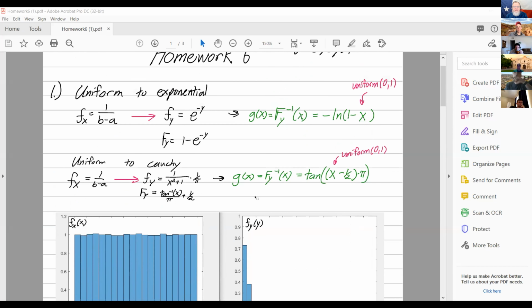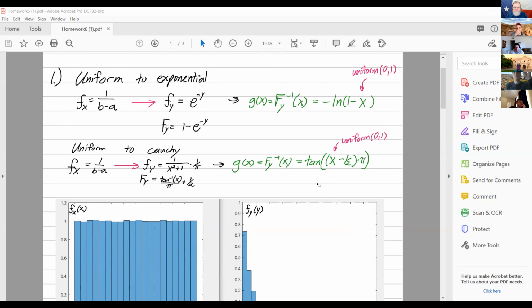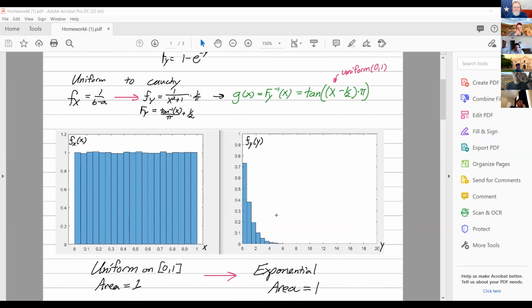Okay, yeah, so I just did the exponential. I tried to do the Cauchy. So I was like, if you have a uniform distribution and you're trying to transform it to that, you can set g of x to be the inverse of the CDF. Right. So I found the CDF, which is 1 minus e to the minus y. And then I take the inverse of it, and I got that. And then by applying that to the uniform distribution, I got an exponential.